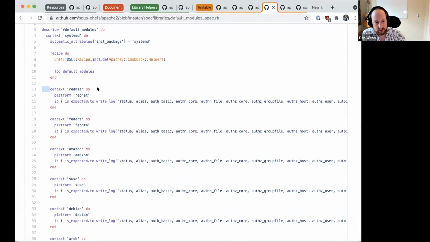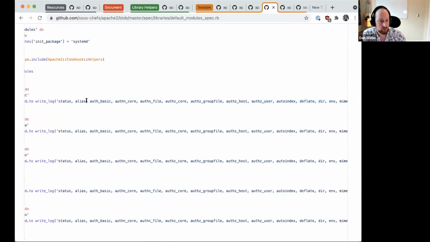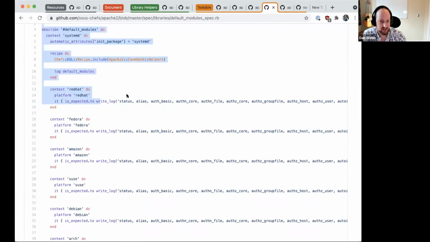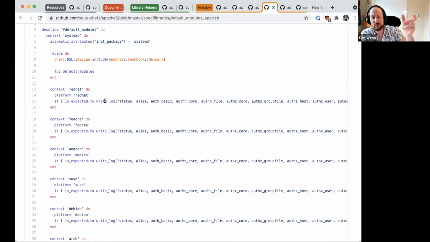And then again, context, so you can nest contexts. And for the Red Hat platform, we expect these. This may look long-winded and long-handed, and it is, so we expect all of this horrendously long log line to be written out. Now, when we came to write these tests, we started writing the tests first before the libraries. What we did here is we installed the package by in package, and then we said, right, I want this number of packages installed. So these modules installed by default. So when I come to log this stuff out, I expect these 17 modules in this order to be enabled,